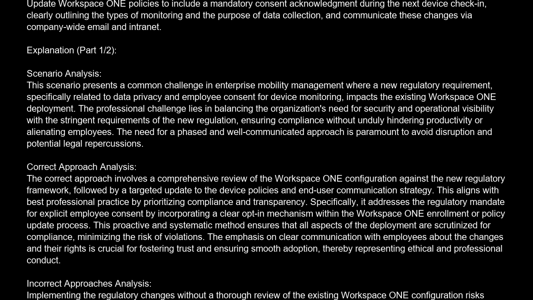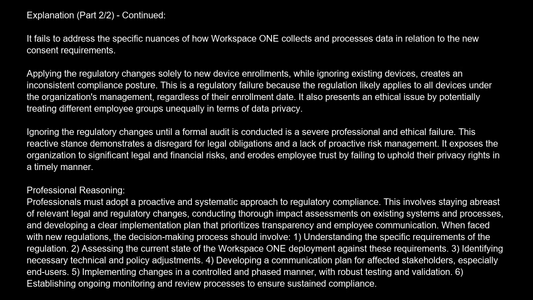Incorrect approaches analysis. Implementing the regulatory changes without a thorough review of the existing Workspace ONE configuration risks overlooking critical compliance gaps or introducing unintended consequences. This approach is professionally unacceptable as it bypasses due diligence, potentially leading to non-compliance and subsequent penalties. It fails to address the specific nuances of how Workspace ONE collects and processes data in relation to the new